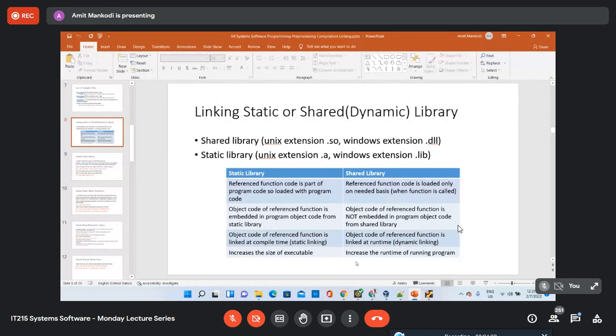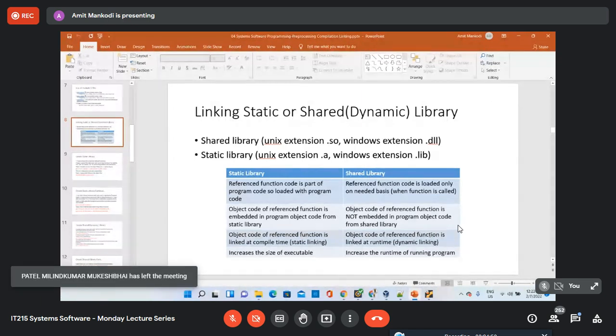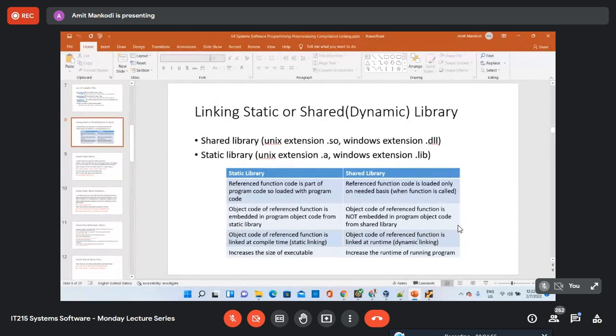But it may increase the running time of the program, because at the time of the function call, it will have to figure out whether this function is already there in the memory or not. If it is not there, it will have to search for that dynamic library file, load it into the memory, and then execute that function code. Therefore, it is linked at runtime. That is why it is called dynamic linking.